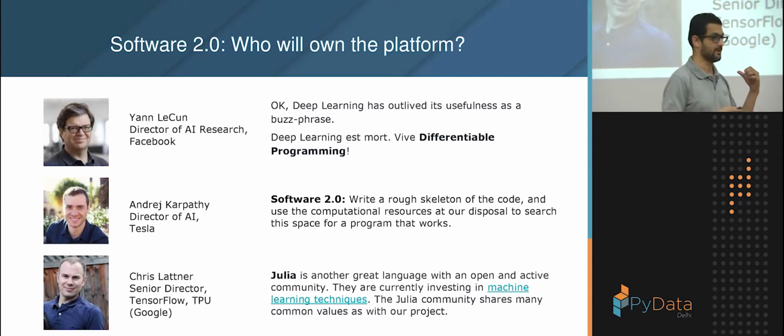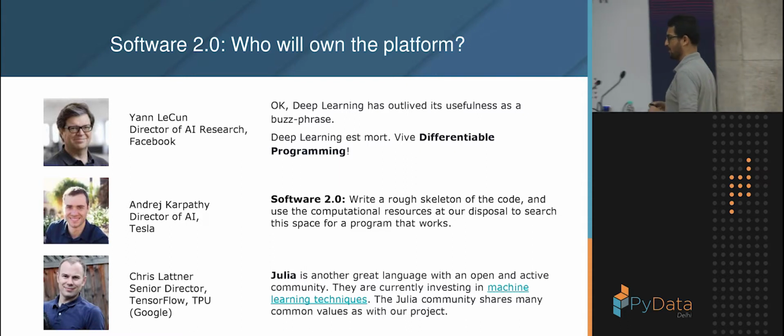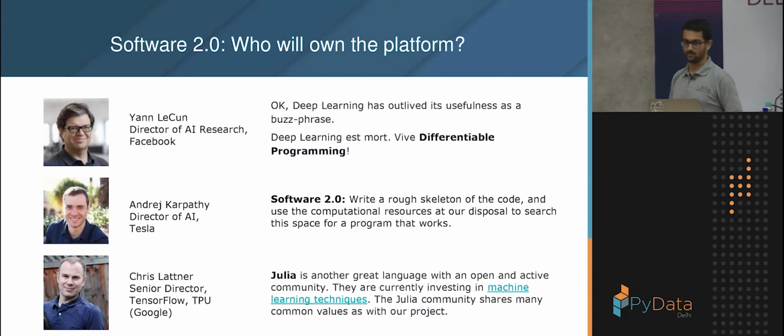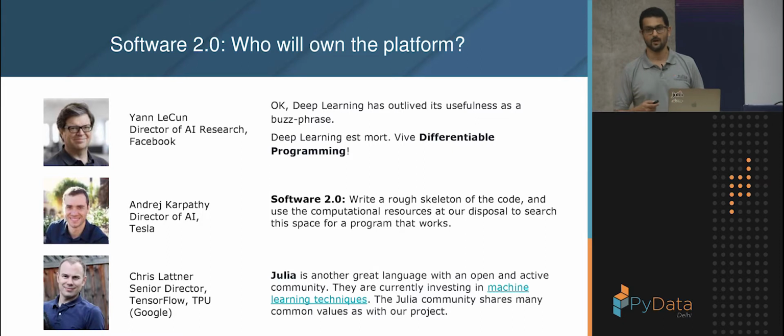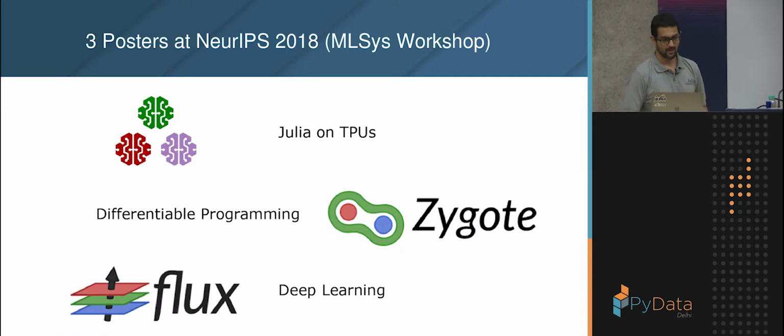So Chris Lattner, who was the original designer of Swift at Apple, is now working on creating a differentiable system called Swift for TensorFlow, the only other system, apart from Julia, that's actually focused on differentiable programming. All right, so we've been presenting this work a fair bit. I'm going to just mention,